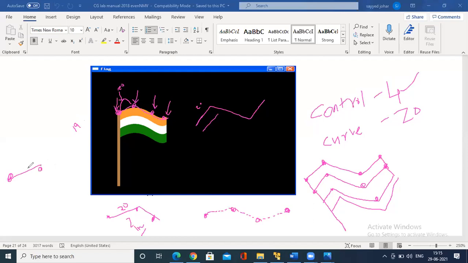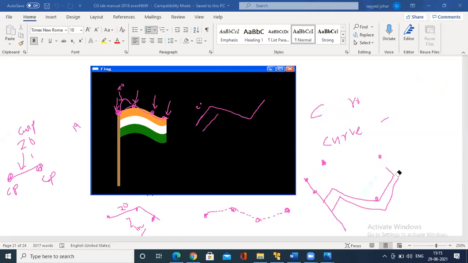When I draw this, imagine in between these two control points, I'll write CP for control points, we have 20 curve points. This is our control points, and these are curve points. So there could be 19 altogether by joining this in between this. So this you have to remember. The logic of the program is quite easy.